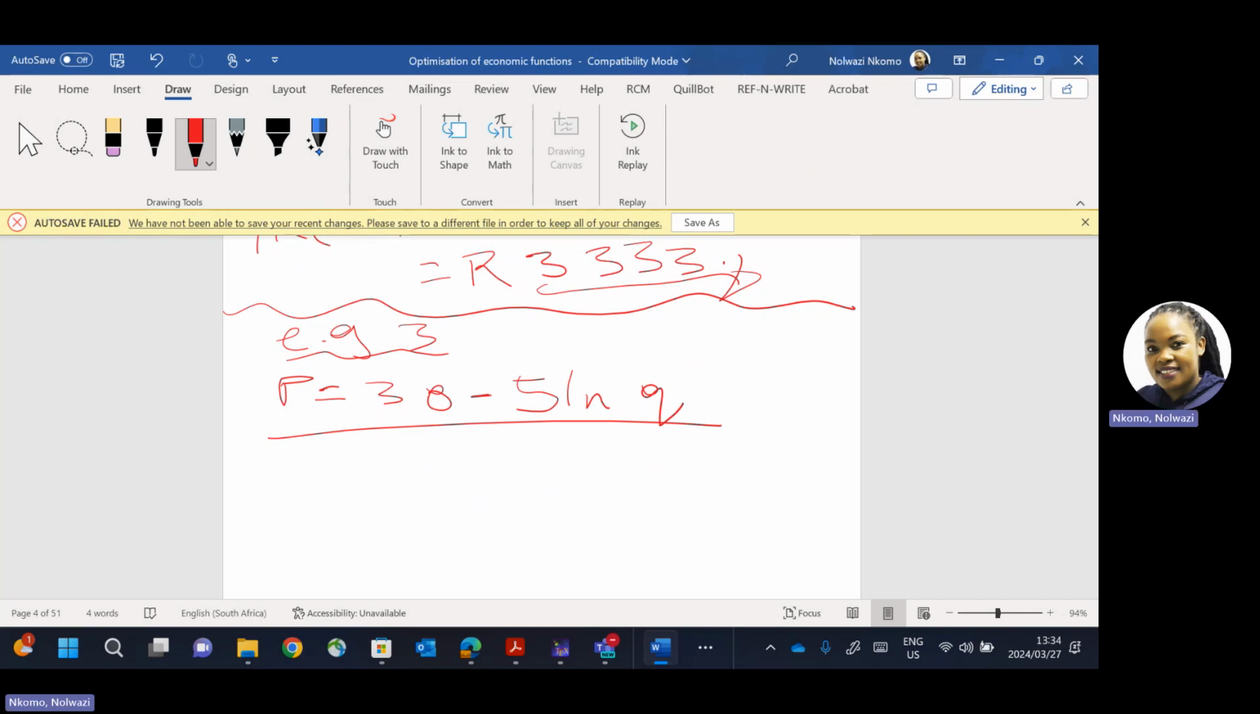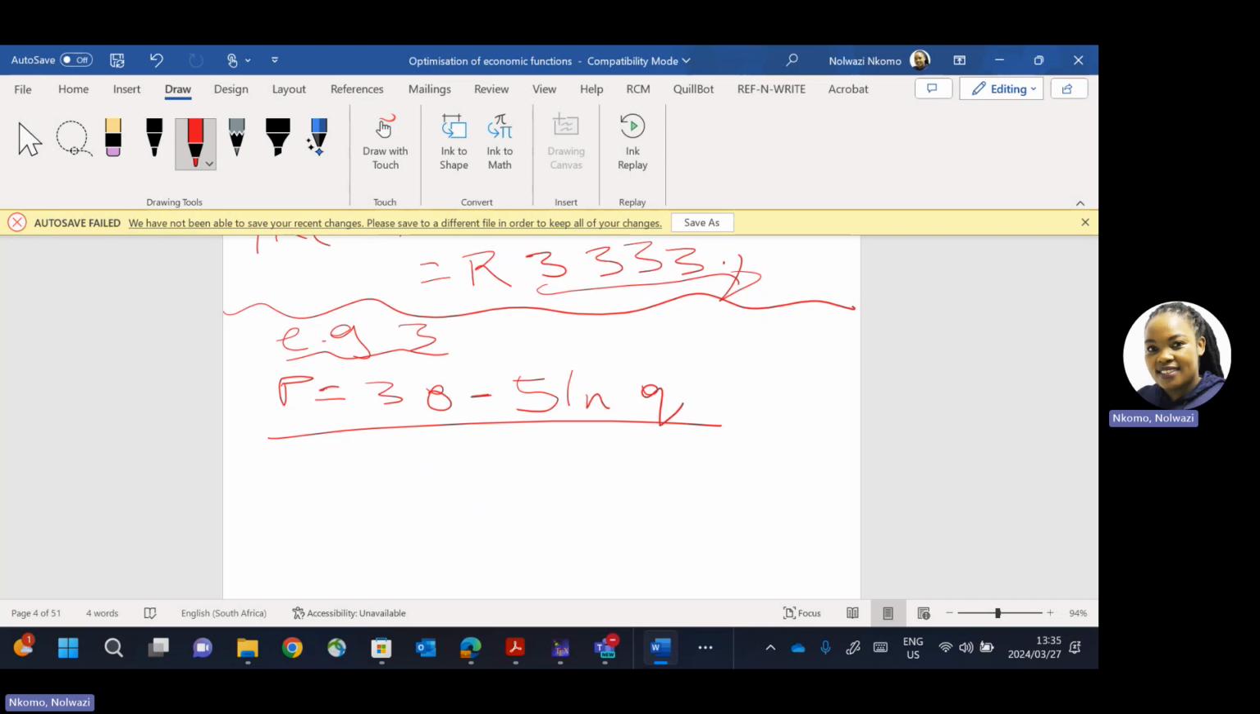Suppose the question says, calculate the total revenue. The maximized total revenue, or maybe let's say the question says maximize the total revenue, or find the maximum total revenue. Okay, here we are given the demand function as 30 minus 5 ln Q, right? Remember, if you are given